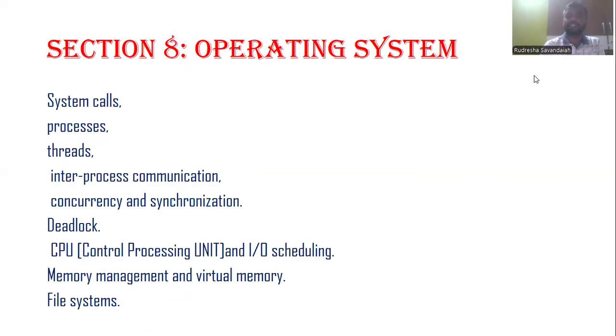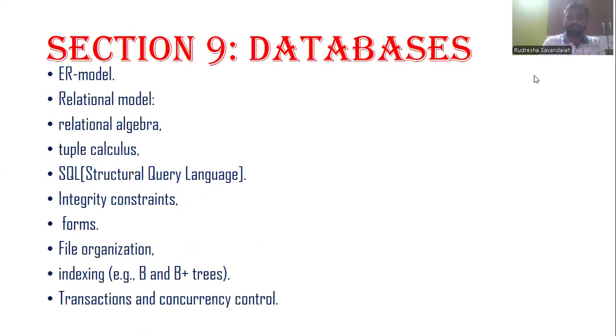This is covered under operating system. Next, I'll go for section 9, databases: ER model, relational algebra, tuple calculus, SQL, structured query language, integrity constraints, normal forms, file organization, indexing, for example B or B plus trees,